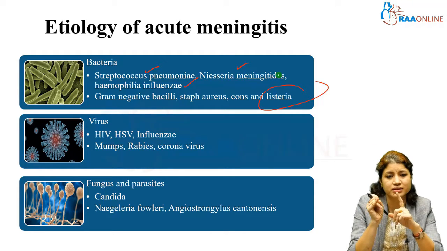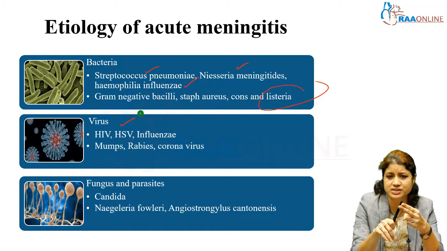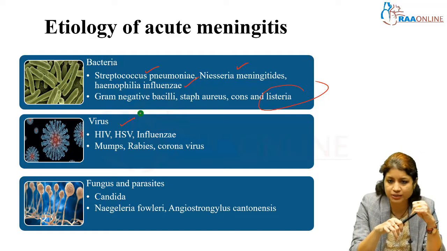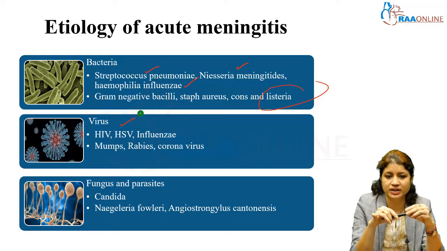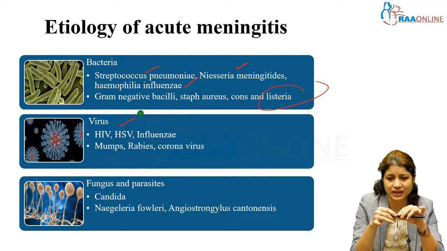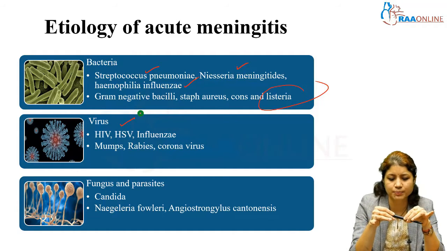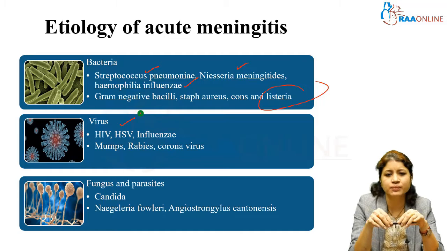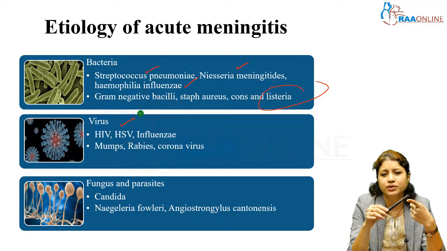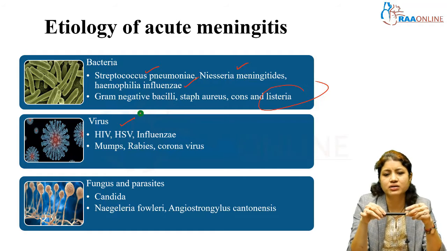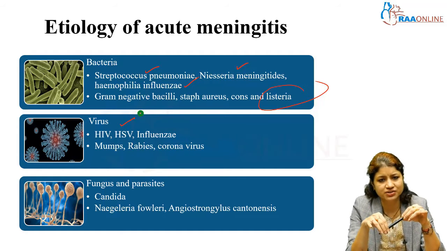Coming to viruses, definitely HSV holds the first one. Fortunately, we have a treatment for HSV. Influenza, HIV in people living with HIV with a decreased CD4 count, mumps, rabies, coronavirus. Fungus and parasites are very rare to find. Especially you see them only in immunocompromised patients like people living with HIV AIDS or people who are highly immunocompromised, like organ transplant patients. You do see some candidal meningitis, or to some extent parasites like Naegleria fowleri or Angiostrongylus cantonensis can be